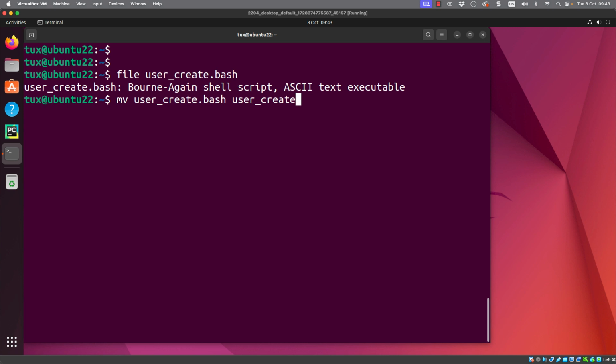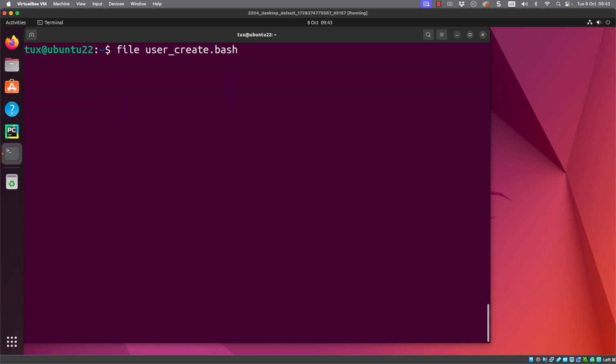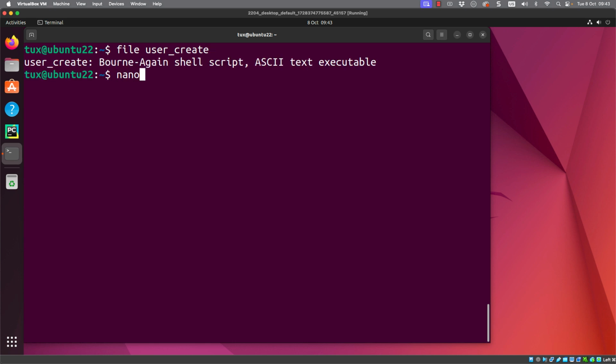So if I call it user_create again, with no suffix, we've got our plain file. Of course, now using the file command, when I look at the new file name, user_create, without the extension, we can see it's still a bash shell script.